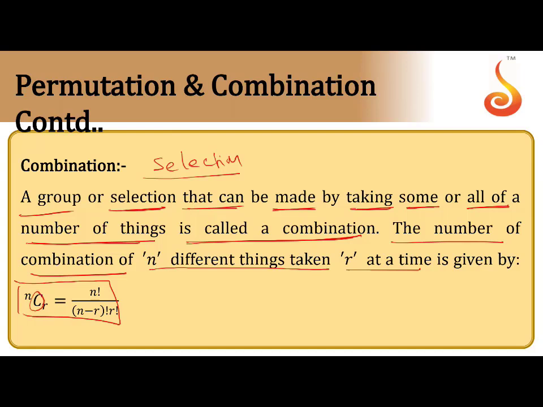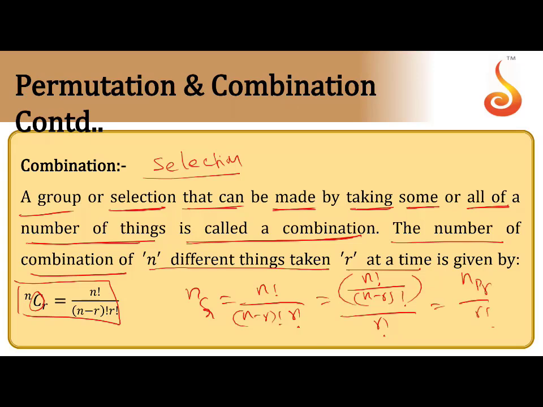C stands for combination, meaning when you are solving a question, if the word selection is used, you have to use combination. The formula is nCr. So what is the formula for nCr? nCr equals n factorial by (n minus r) factorial into r factorial. You can also write this in terms of nPr, like this: divided by r factorial. So that means the numerator is nPr by r factorial. So nCr is the direct formula.